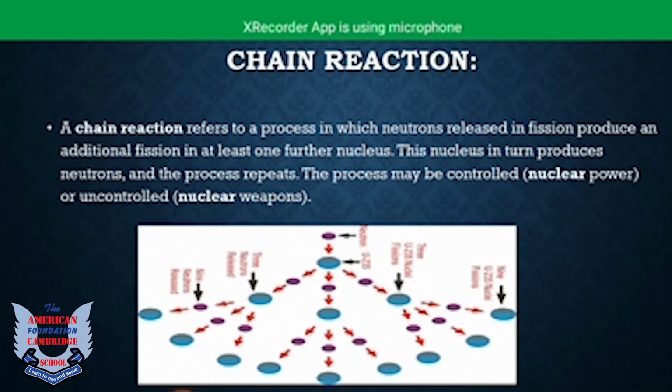Chain reaction. When uranium undergoes a fission reaction, each nucleus emits 2 or 3 neutrons, depending on its size. These neutrons may collide with other uranium nuclei and cause fission in them. Thus, starting from 1 neutron, 3 neutrons are obtained in the first step, then 9 in the second, 27 in the third step, and 81 in the fourth step. This process keeps on going.